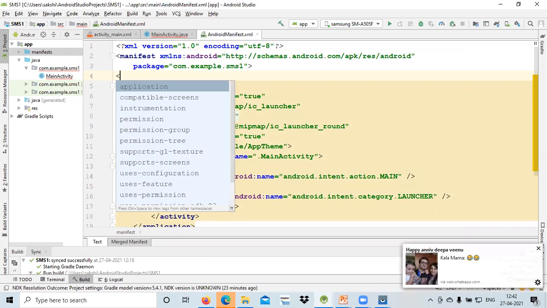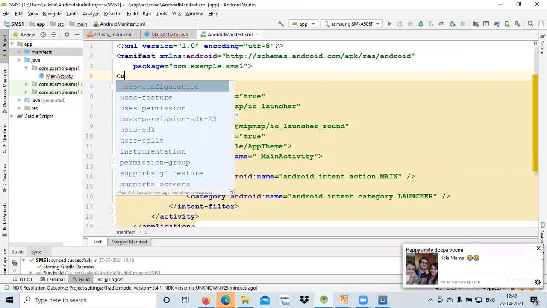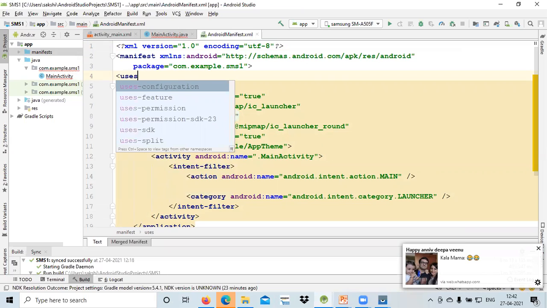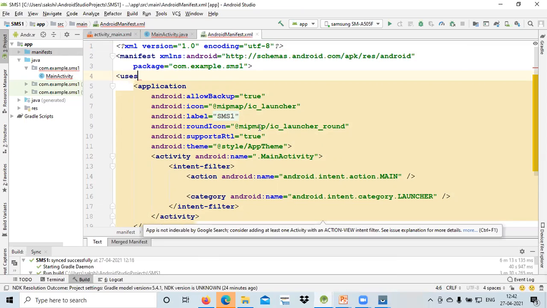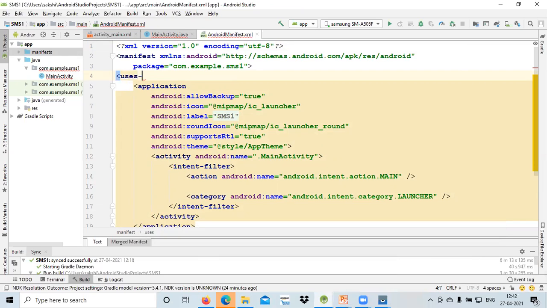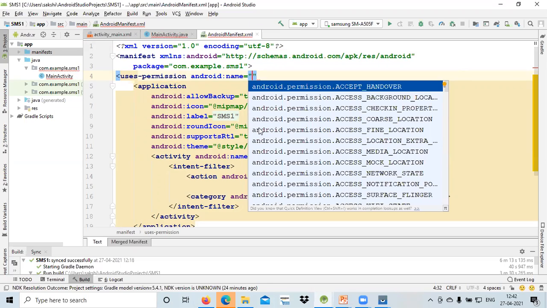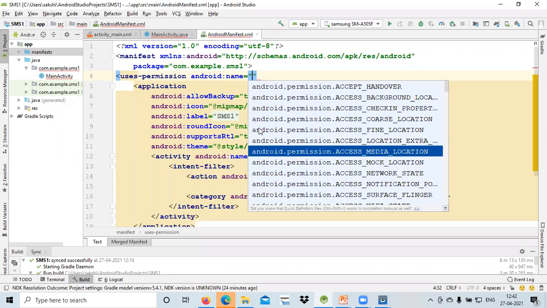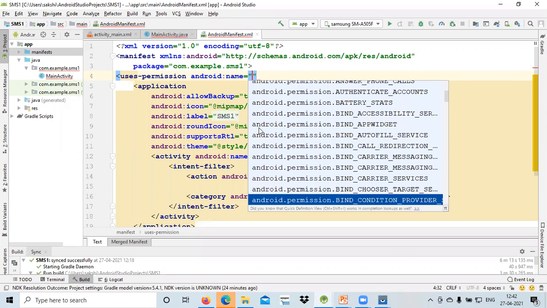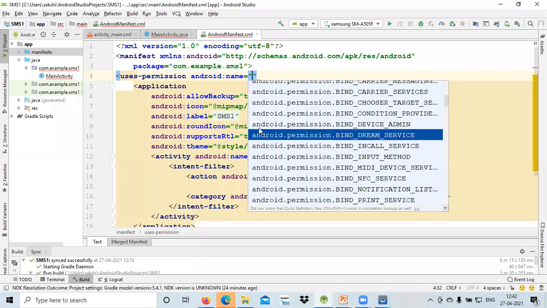So we will write uses permission, and we need to give permission for sending that particular message. So we are using android dot permission dot SEND_SMS. So I just choose from this particular list, permission dot SEND_SMS.